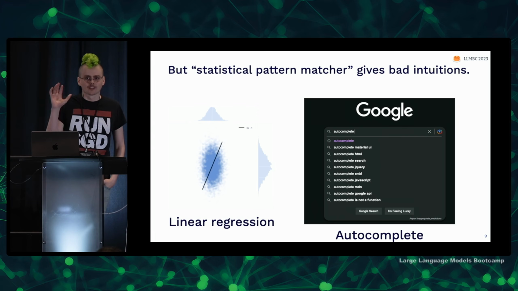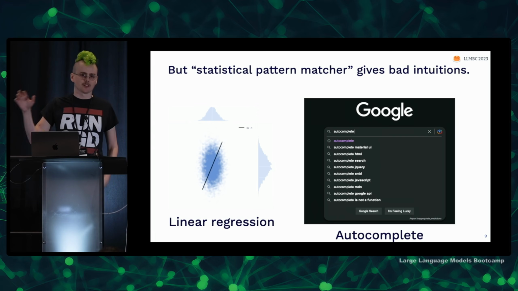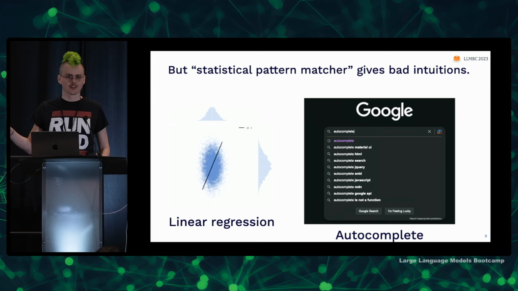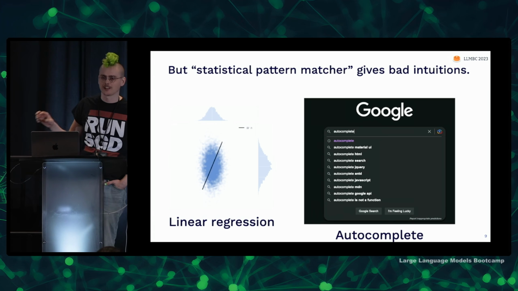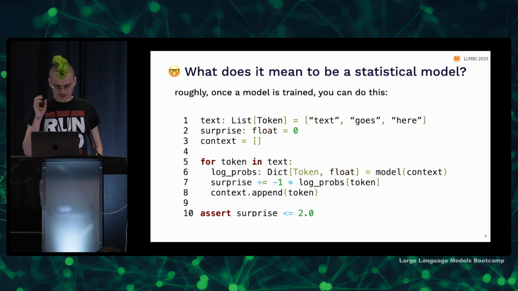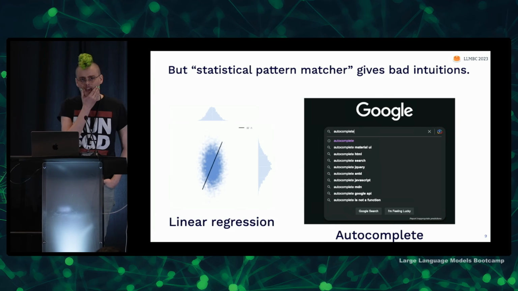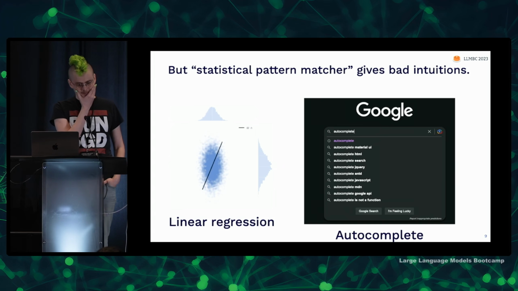And so this is literally true, and this is the place where you want to eventually compile down your intuitions and your understanding of models. You want to eventually get to the point where you are thinking in terms of how this arises from statistical modeling. But it also can give you really bad intuitions to think at that level.